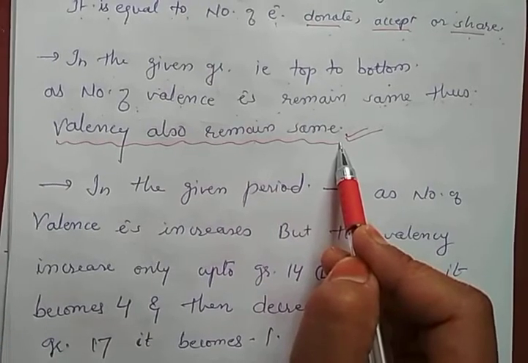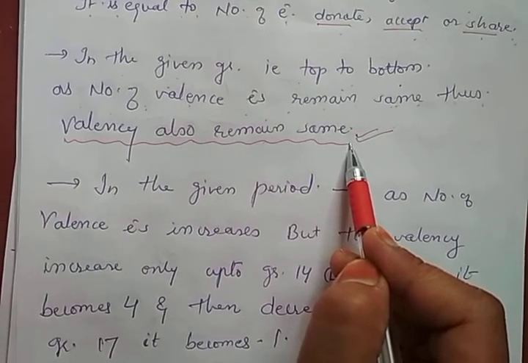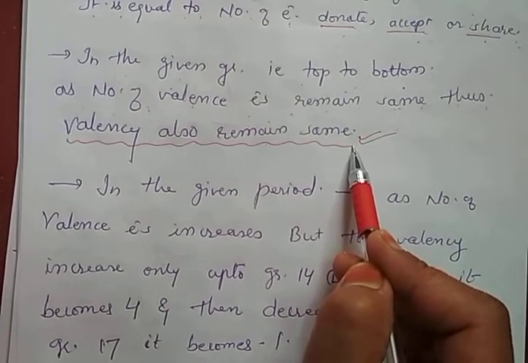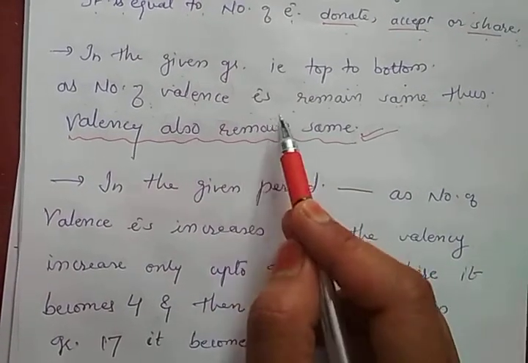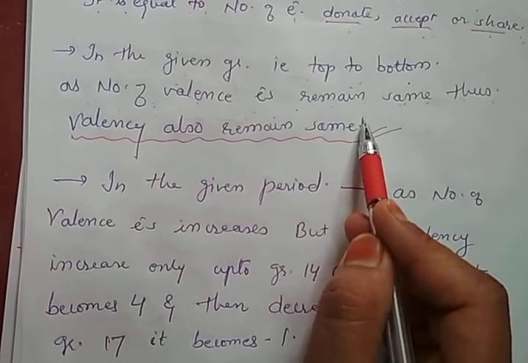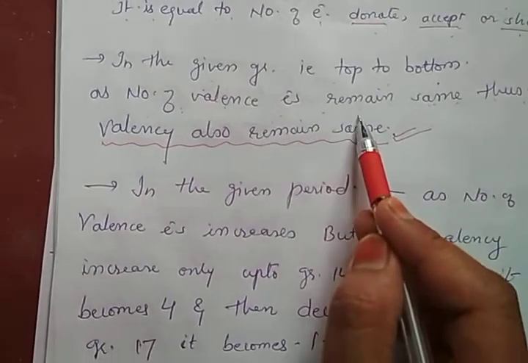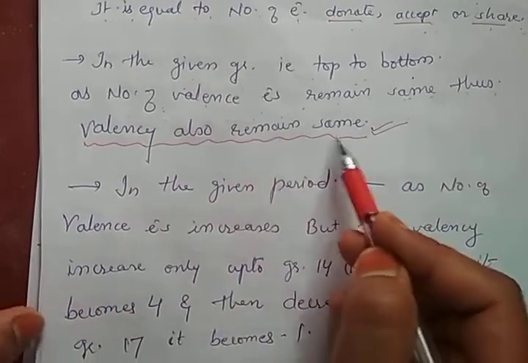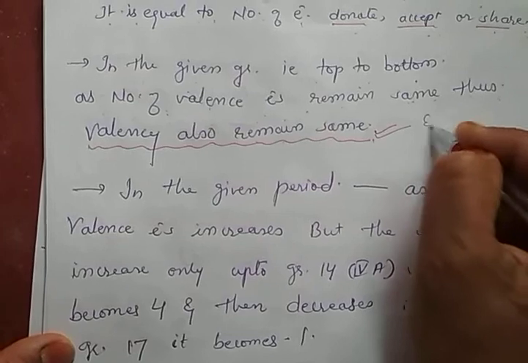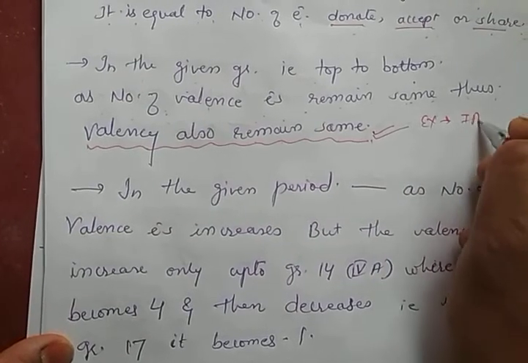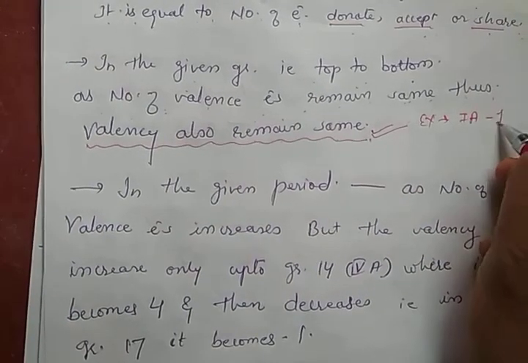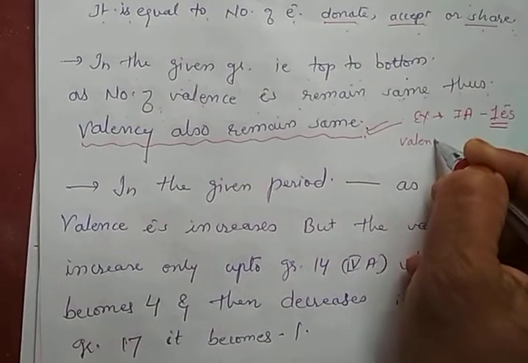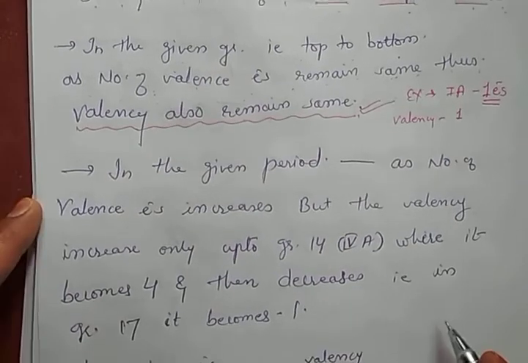This is the same thing we already completed during the course of periodicity. So, this is the main important point. We should not forget that the number of valence electrons defines the chemical property. So, the number of valence electrons in a particular group remains the same, so the valency will also remain the same. For example, the elements of the first A group have 1 electron in their last valence shell. That's why their valency is 1.